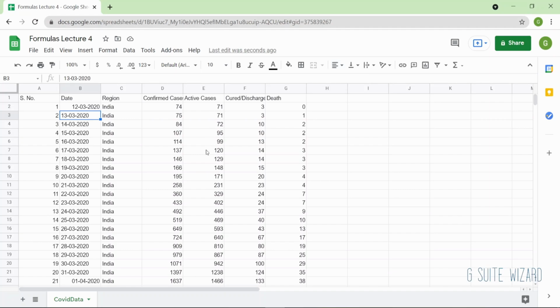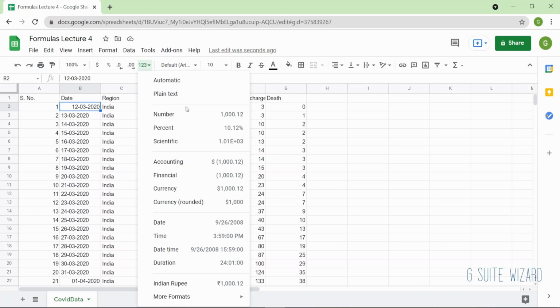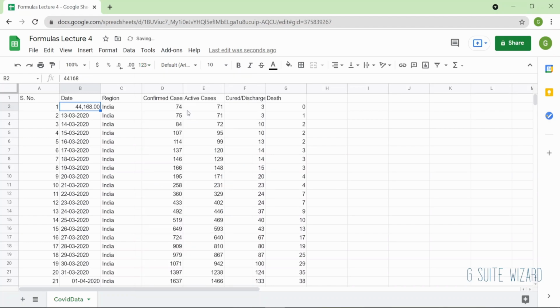As you can see, all of these are right-side aligned, and this is a text and it is aligned to the left side, and this is also aligned to the left side, which makes us believe that this is a text. What I can do to see if this is a number or a text is click on it, go over here and say number. Every date value is stored as a number. If I do the same thing here and click on number, it's not changing because it is not in a number format.